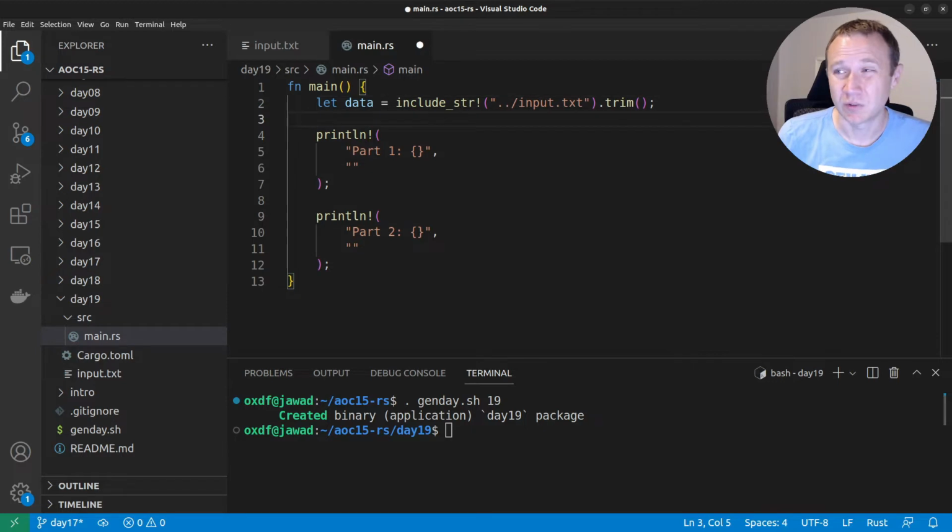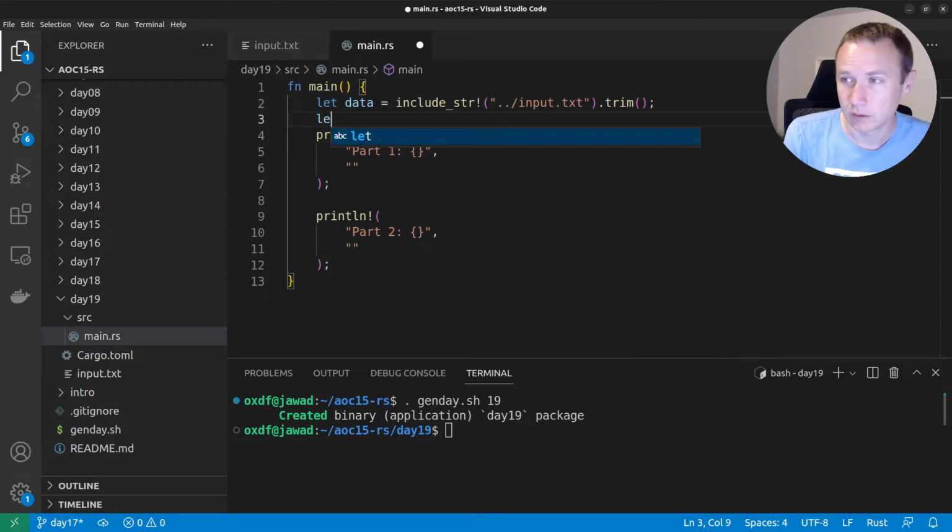The first thing I need to do, again, I'm going to do this as just one big main function with a bunch of stuff happening. There might be an object-oriented way to do it, but for this one, string parsing in Rust is just a pain, so I just went for getting it done. First thing we're going to need to do is split the string into the replacement strings and the element. So we're going to do let, and we'll call it rep